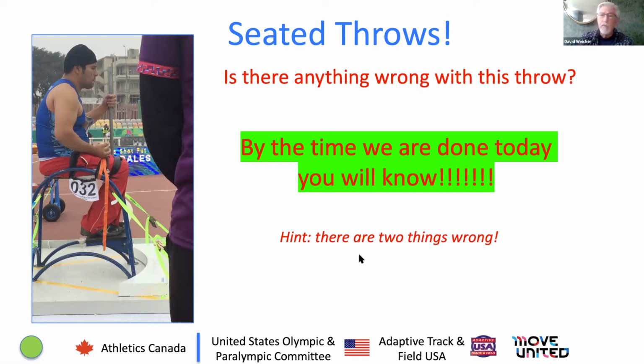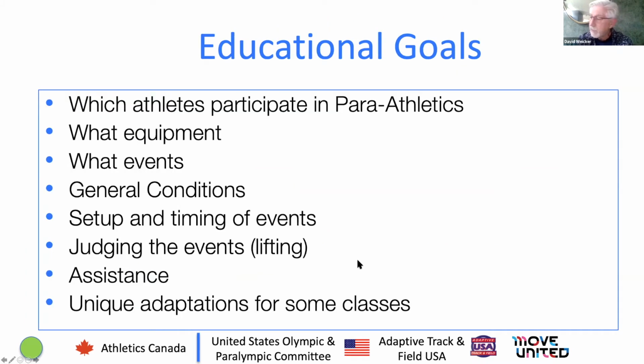So what we have for educational goals for this session are: which athletes participate in para-athletics? What equipment do they use? What events do they compete in? What are some of the general conditions? Some of the setup and timing of events, judging the events. For example, how do you judge lifting? What assistance they're allowed, and any unique adaptations for some classes of